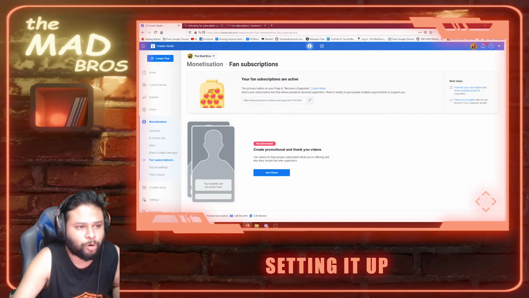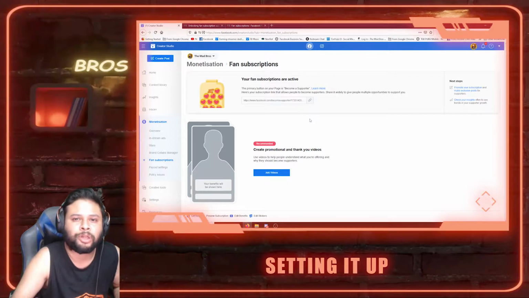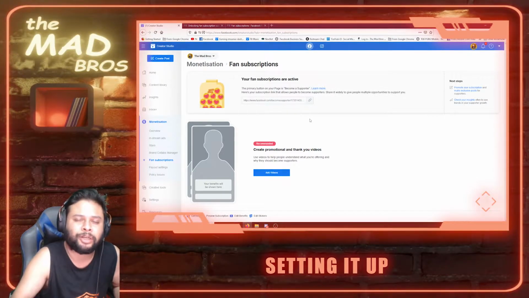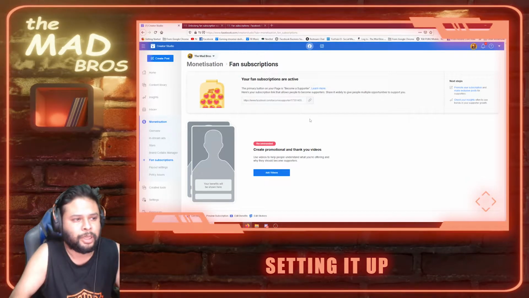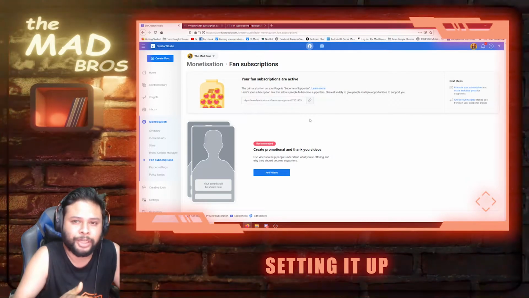So basically, if you have not already set up and you are eligible, then you'll see a setup button. Once you click on that, there will be some generic forms that you will have to fill in, like your address, your name, and you have to add a bank account and stuff like that. And at the very end, they will ask you for some government ID or a legal ID. If you are from India, then you have to put in your PAN card number. Remember that you have to put in your PAN card number only if you are from India. And yeah, that's about it for setting it up.